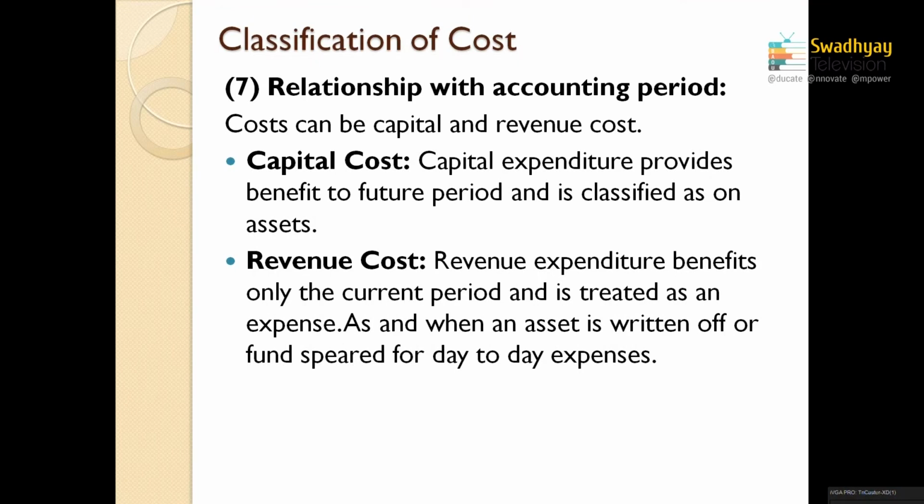Next is the relationship with the accounting period. It is actually divided into two parts. One is capital cost and the other one is revenue cost. What is capital cost? Capital cost means any amount of expenditure incurred for a longer period, for a long period of time as well as a huge amount. It means the expenditures which benefit for a long period are considered capital expenditure. Like if you are purchasing assets like land, building, machinery, furniture,